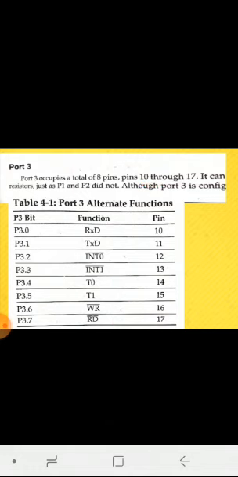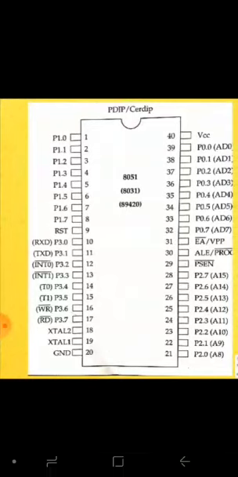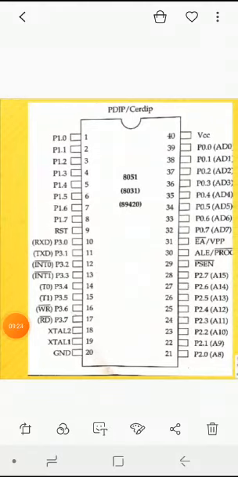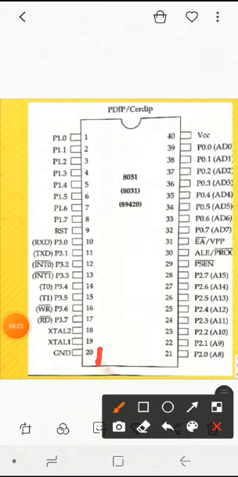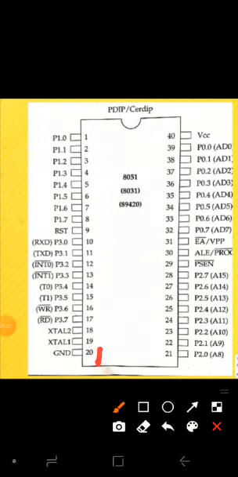These are the total 32 I/O pins we have discussed, and the remaining pins are VCC and VSS. VCC is for +5 V and VSS is for ground. You can see pin number 20 for ground and pin number 40 for VCC. Next we have pins 18 and 19, which are for the clock generator. Then we have the address latch enable, pin number 30. This address latch enable is to demultiplex the lines.